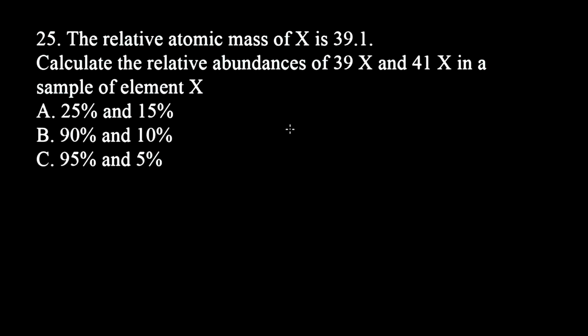Let's look at this question. The relative atomic mass of X is this. So we have that RAM to be equal to 39.1. So we are told to calculate the relative abundance of this isotope of X in a sample of the element X. So basically RAM, relative atomic mass, equals the summation of